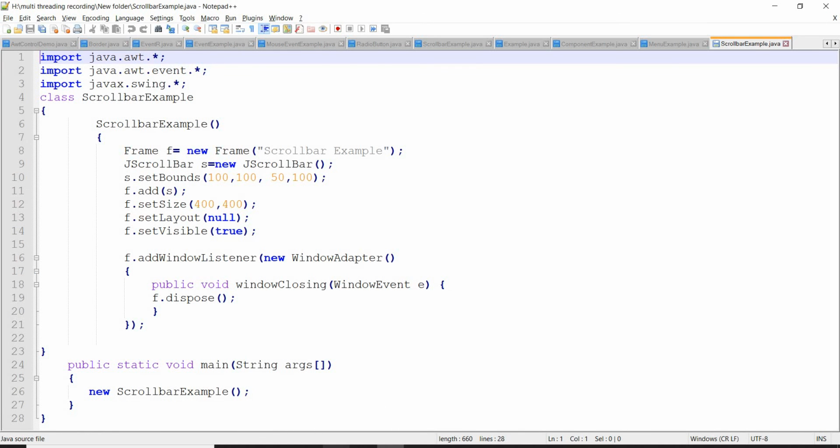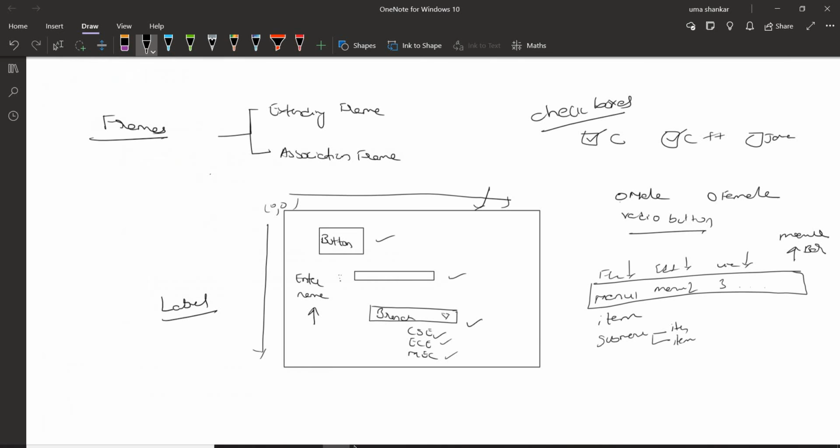See, you know scroll bar, right? How the scroll bar will look like? If there is a long text file, at the right corner in a Word document or any PDF, we'll see this one, right? This is the scroll bar. We can drag it up or down so that our UI will be scrolling up and down. Let's see how to create this scroll bar.